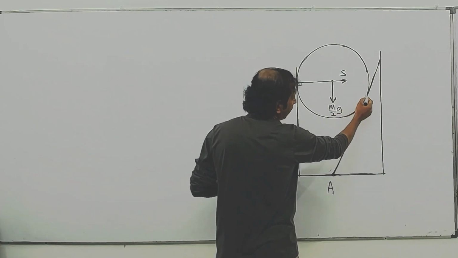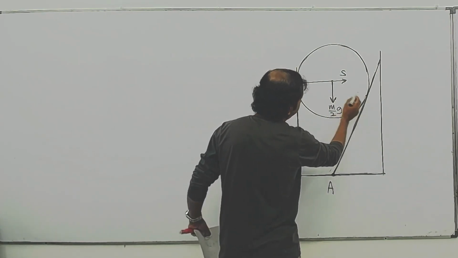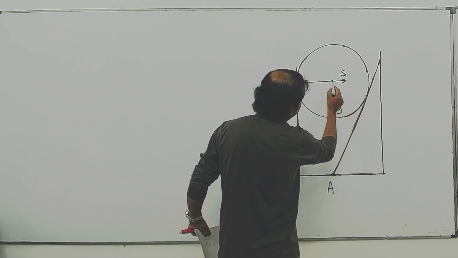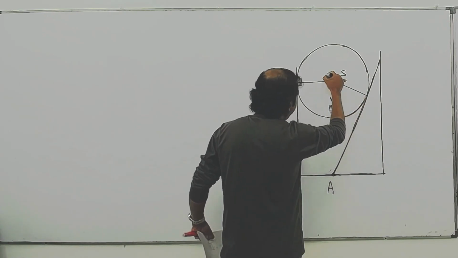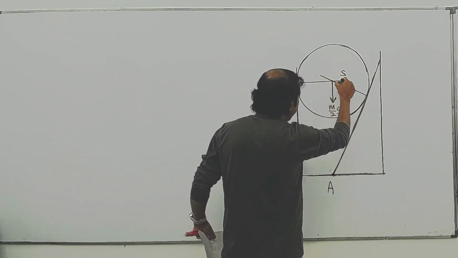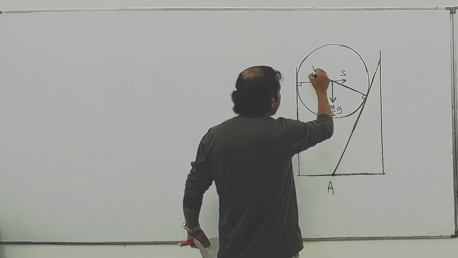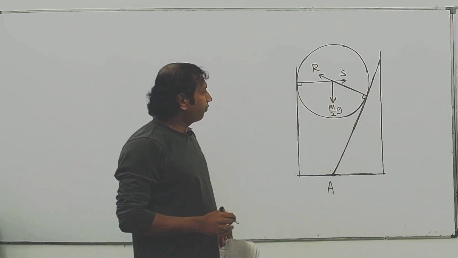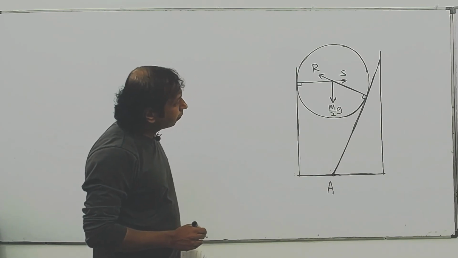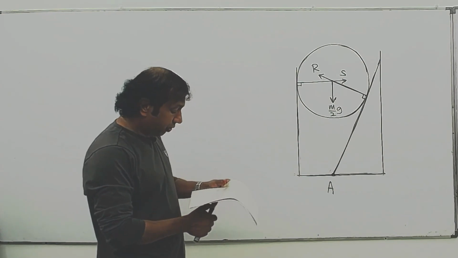And here also another reaction coming. That reaction I will take as S. This way. That reaction also passes through the center of the lamina. This way. Because that is perpendicular to the rod. Suppose that is R. Okay, they are the forces acting on the lamina. Now I am going to mark the forces acting on the